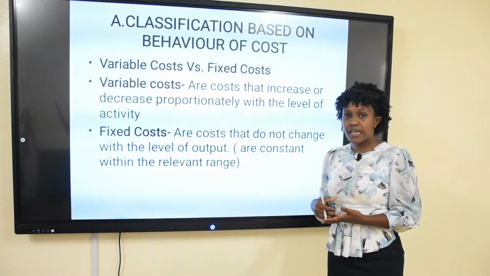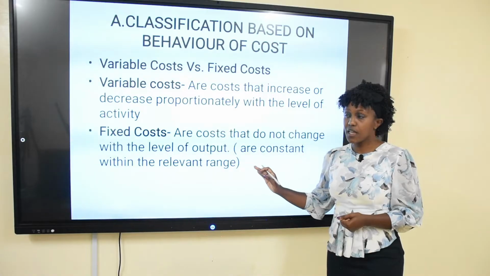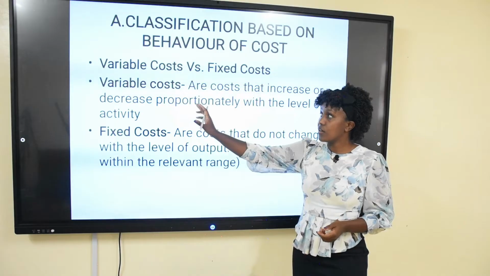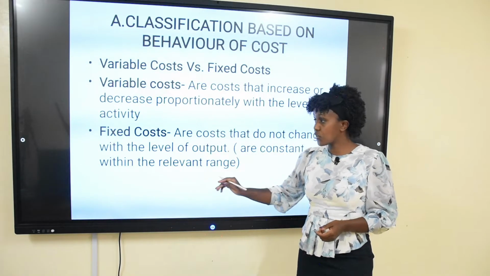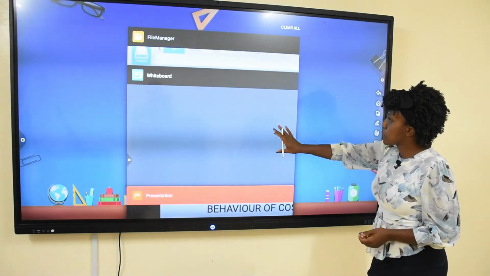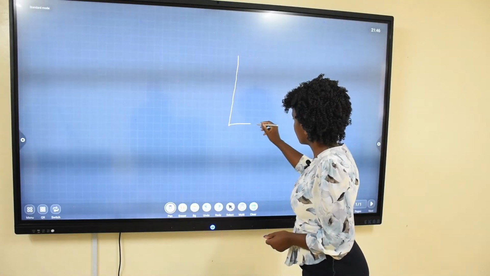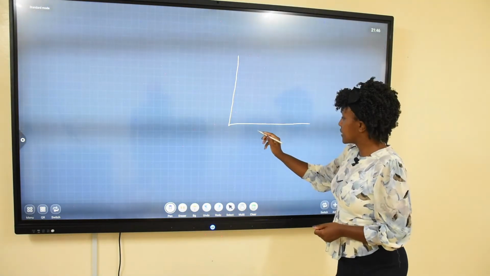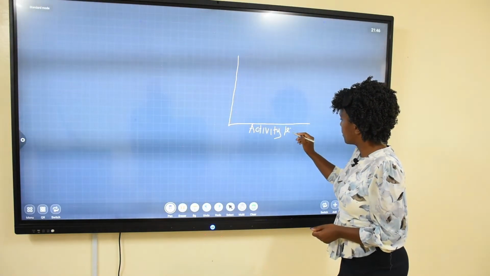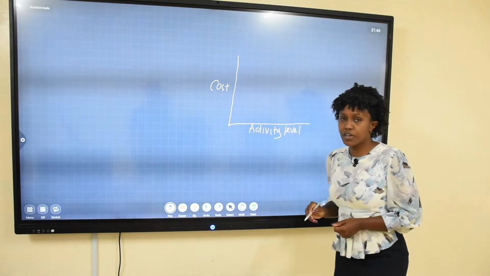And from our previous class, when we were defining the cost concepts, we defined what is a relevant range of activities. So I can start by projecting how a graph would look for a variable cost and a fixed cost. Let's start with the variable cost. If you have activity level here, and here you have the cost, and you want to draw them on a graph,